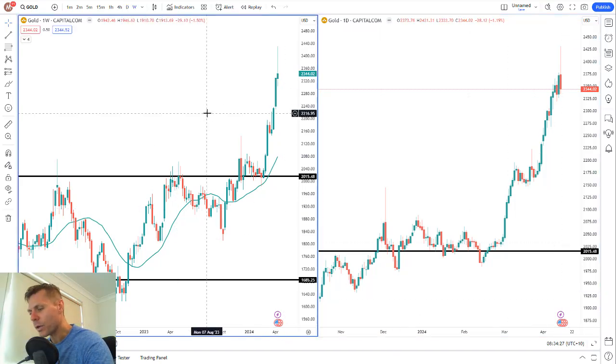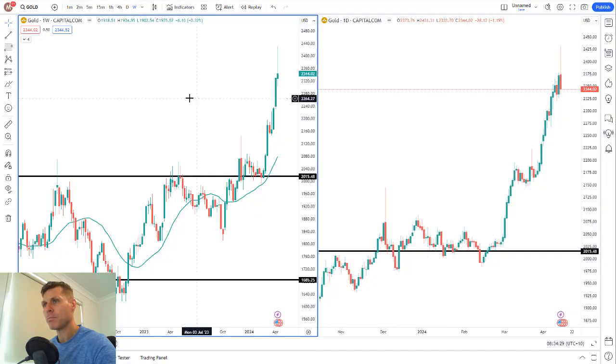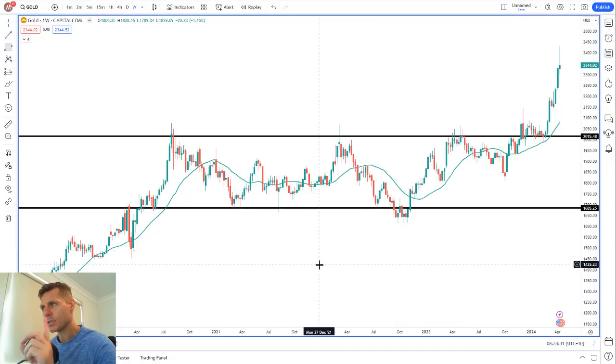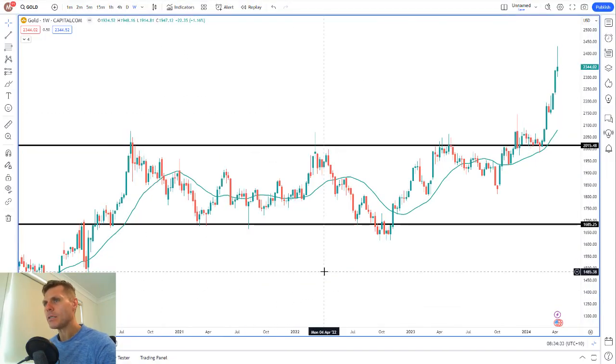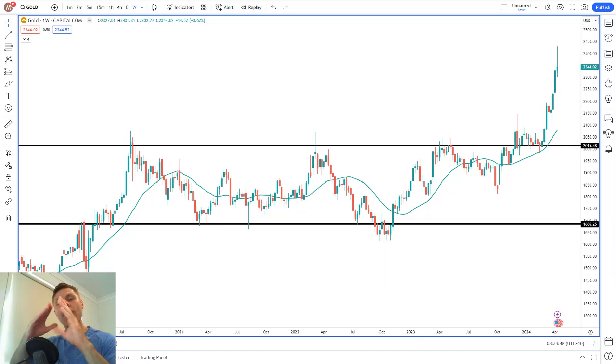If I bring up this weekly chart, I'm just going to blow it up here. All right, so this is the weekly chart, and I want to share something with you. Whenever we start to get what I call the L-shaped pattern, you've probably heard me talk about this in the past, I noticed that it has a high probability of having a continuation. It's one of the things I use to have exit strategies with gold.